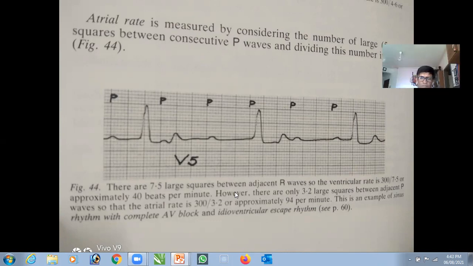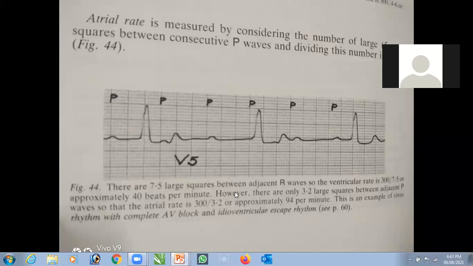What is first degree heart block? When the PR interval is prolonged and fixed. Okay. What is second degree? When the P wave is unable to generate the QRS complex, meaning the impulses are so slow that they cannot cause contraction of the ventricles. So at a frequent interval, one QRS is lost. The PQRS is there, but in between there is a drop of a QRS. That is called second degree.